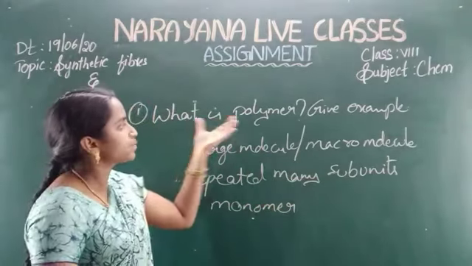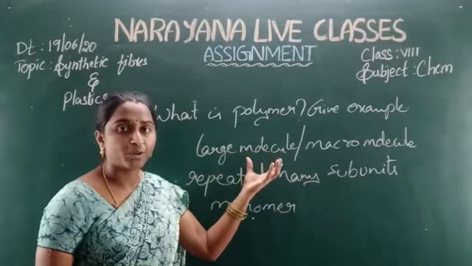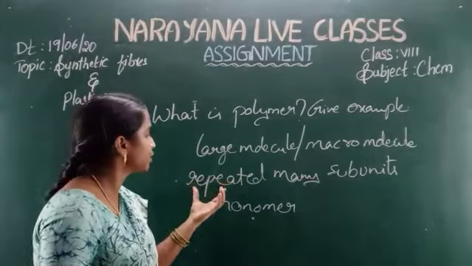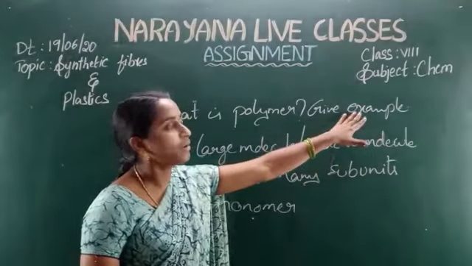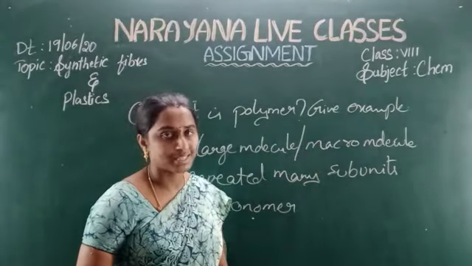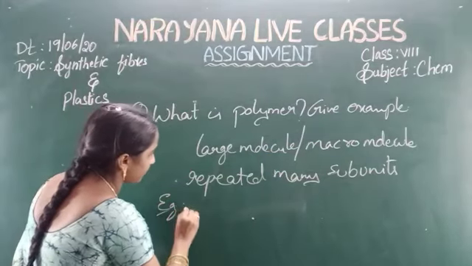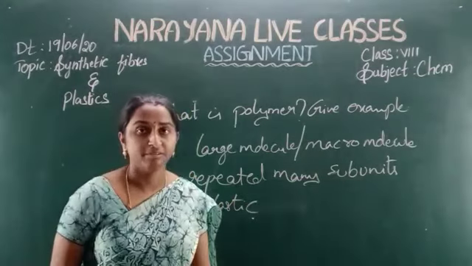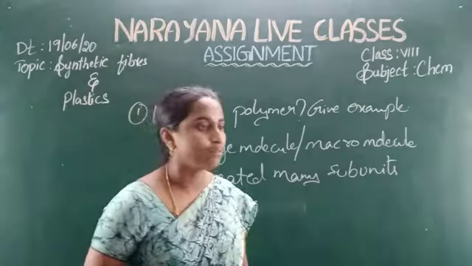Here, what is polymer? Polymer is nothing but a large molecule or macromolecule which is formed by the repeated combination of many subunits. Example for polymer is plastic, which is a synthetic fiber. This is the first question, and the second question is